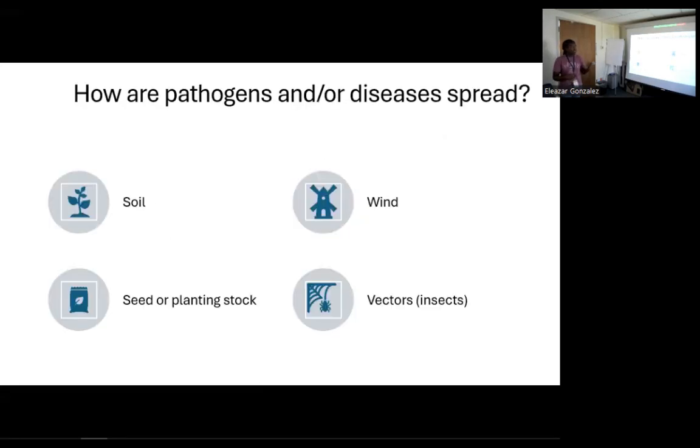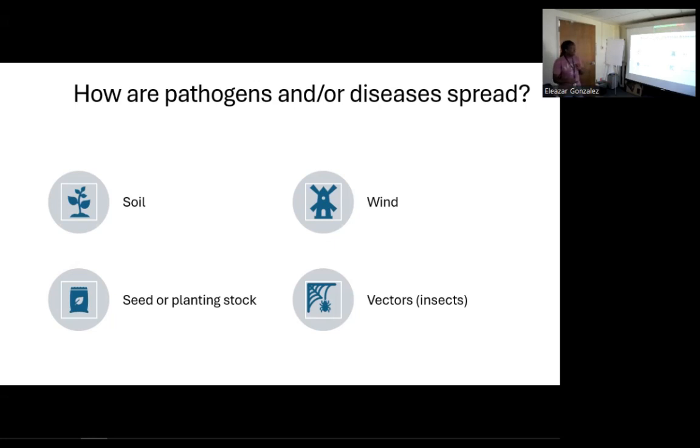So when we talk about diseases, we would like to know how they are spread. We know what a disease is, we know what is required for disease to occur, and we know what pathogens could cause disease. How then are these pathogens and/or the diseases spread? I have mentioned in a previous slide, soil is one. For any soil-borne pathogen, anything that's going to move your soil from one location to another is likely moving your pathogens as well. And then seed or planting stock, which is why it is recommended to use clean planting material or tested